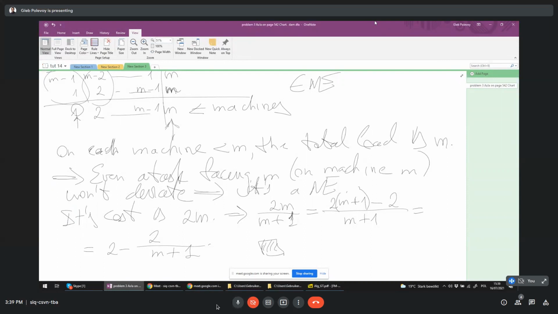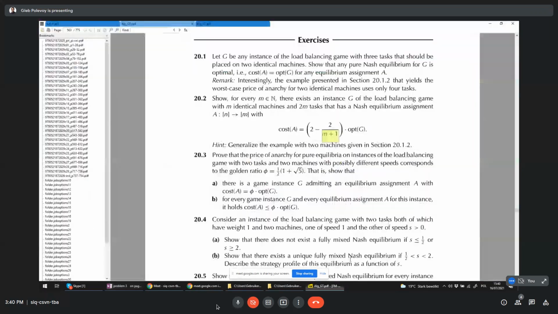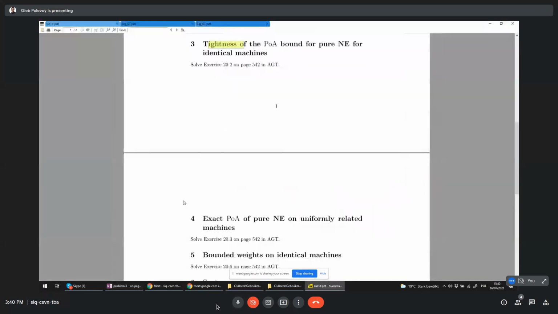You're just adding and subtracting. Yes, I just write a 2M. I want to get 2 out. So instead of 2M, I write twice the denominator, twice M plus 1, and then I just need to subtract 2 in order to have the same. So this you agree with, right? The first equality. Yes. And then I just tell that, okay, then it means that first that is there, 2 minus 2 divided by M plus 1. Do you understand now? Yes. Okay. Any more questions? No. Then let's move on.